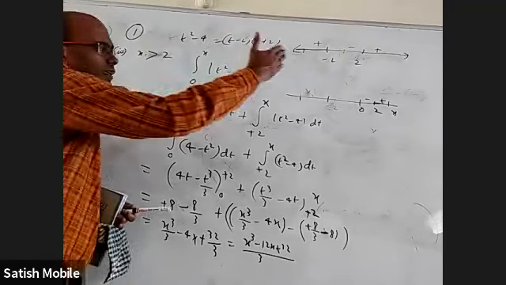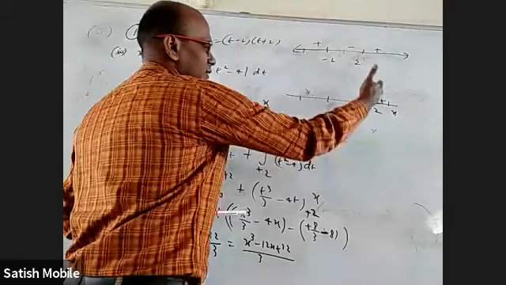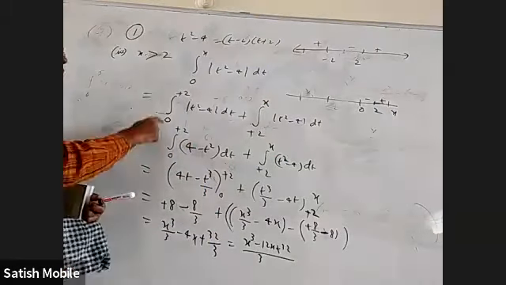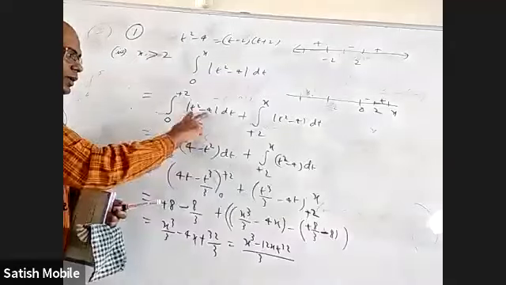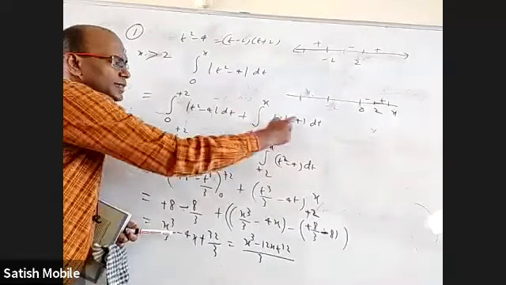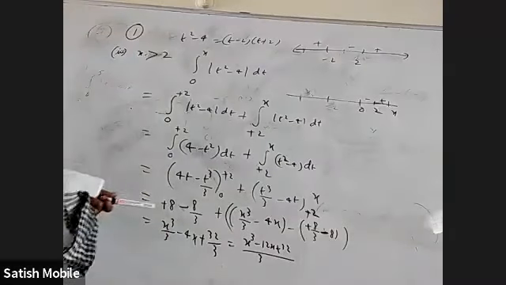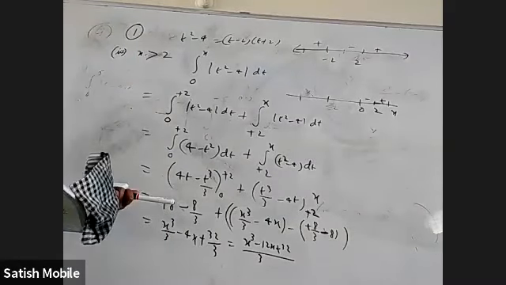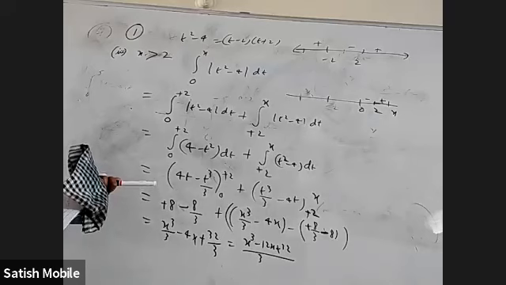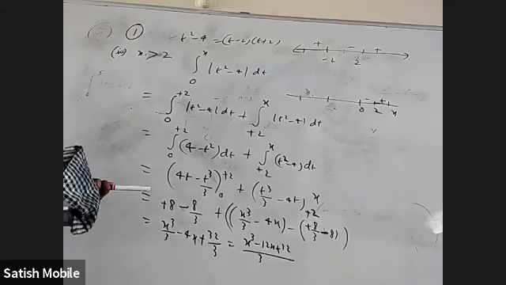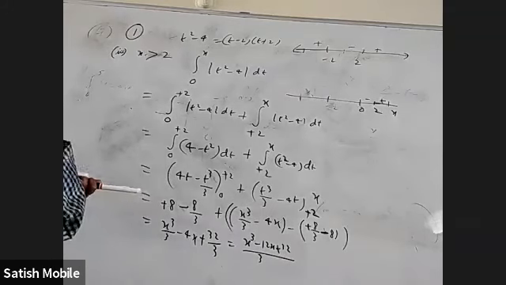So we are taking from 0 to x, in between at 2 there is a sign change. So 0 to 2, 2 to x. Between 0 to 2, this is negative. When you remove the mod, we'll get the reverse of this. Between 2 to x, this is positive, so when you remove mod, it is as it is, just a regular integral. You can say greater than 2 or greater than or equal to 2, whichever you want. Equal to is not a big deal in any case. Which is option B.